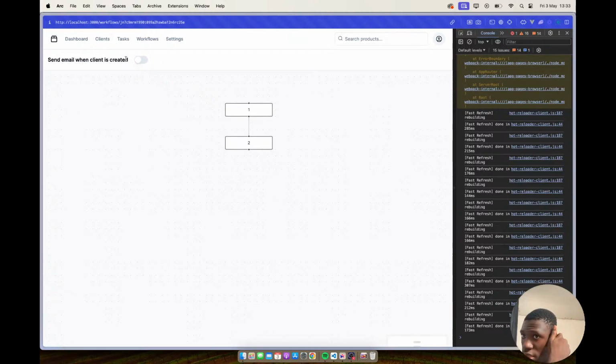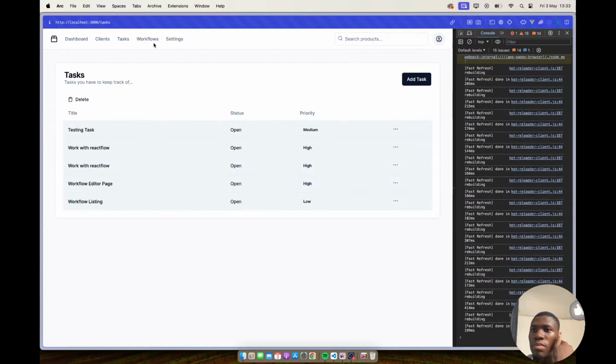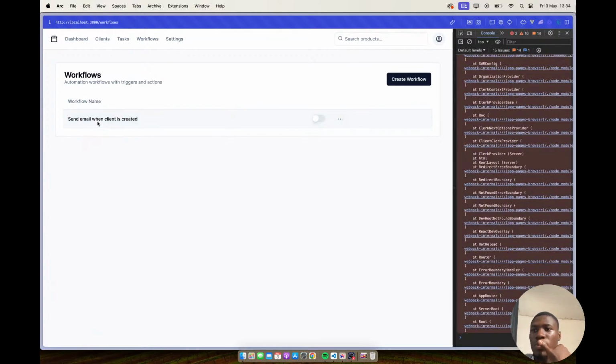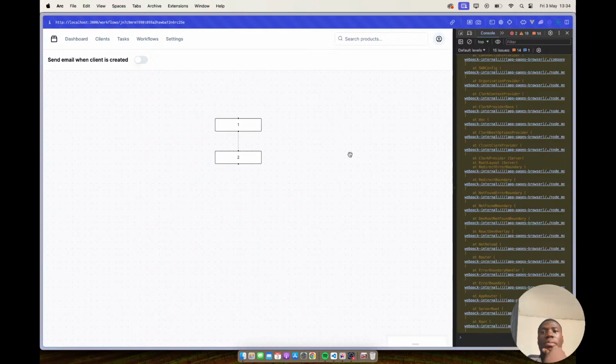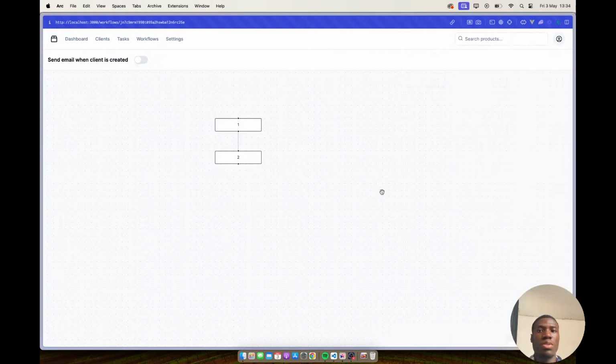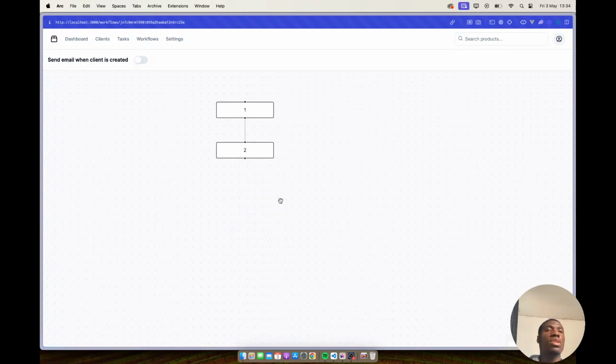Right. So we go to client. She still has it. Yeah. Workflow. We're clicking on the workflow. Take you here. So yeah, this is what we have for now, and we're going to continue tomorrow. And tomorrow we are going to be interacting with these nodes and connections and everything. So yeah,